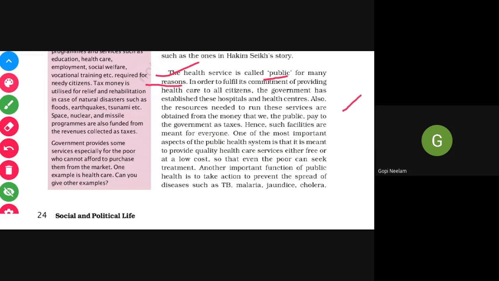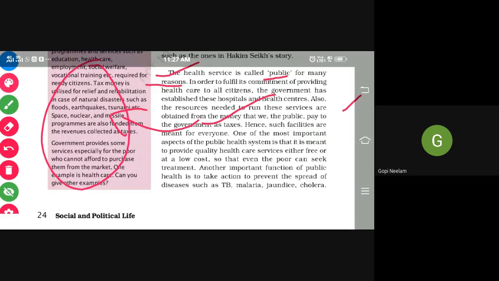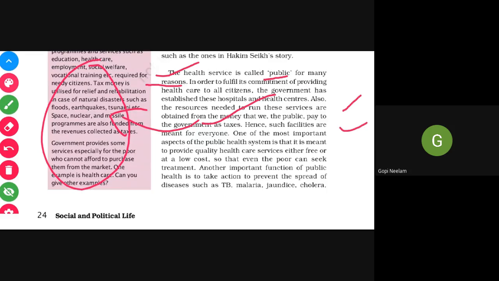The amount collected through taxation will be utilized for running government hospitals, providing services, medicine, and all the other facilities. It is we the people who are paying taxes to the government, and the government is returning the money by investing it in the public healthcare system. We will understand how this money is being utilized in this passage. Okay, so let's move forward.